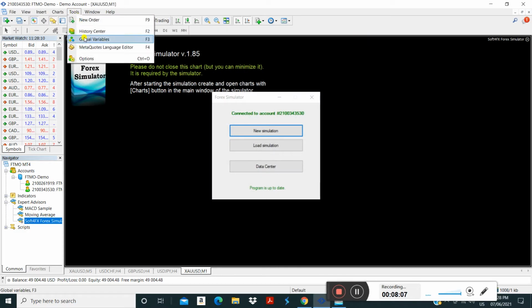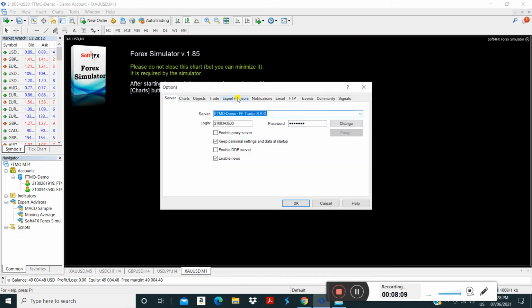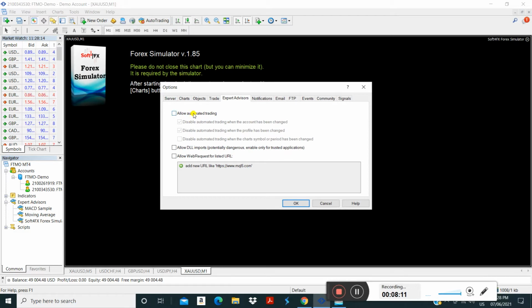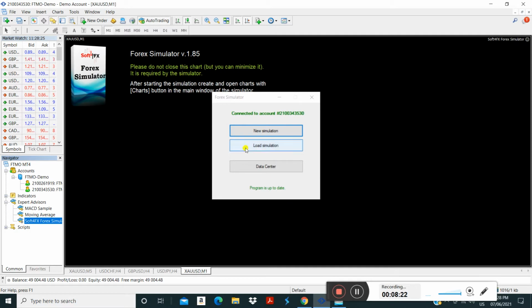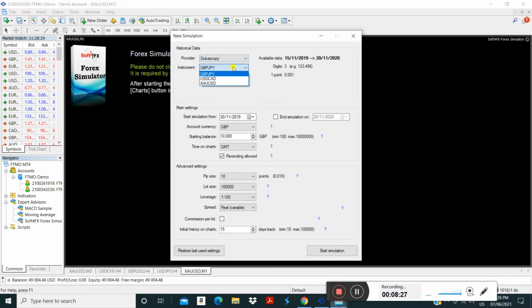I suggest you go to tools, options, and here you will see the expert advisors. Make sure that allow automated trading and allow DLL imports is checked. Okay, both of them, this one and this one. Now click on OK. All right, now you click on the new simulator, and from here you select XAU USD,